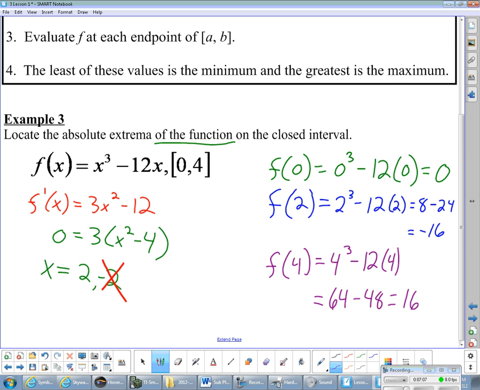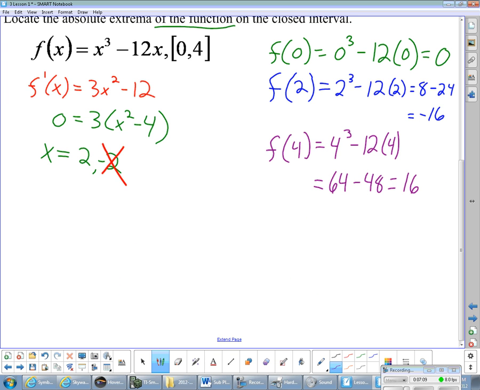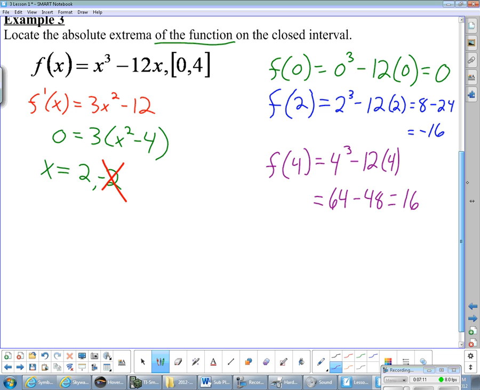And so what does this mean? We need to write our answer out of what this means. And so this is our answer. The function has an absolute